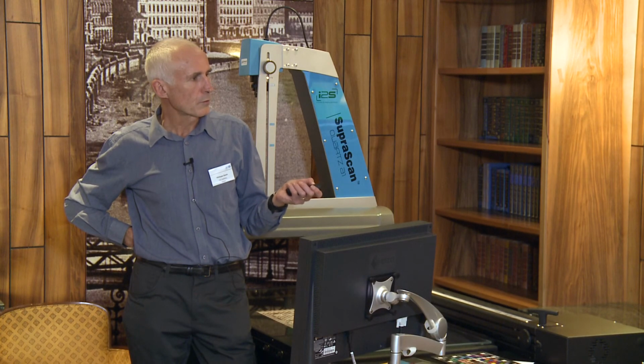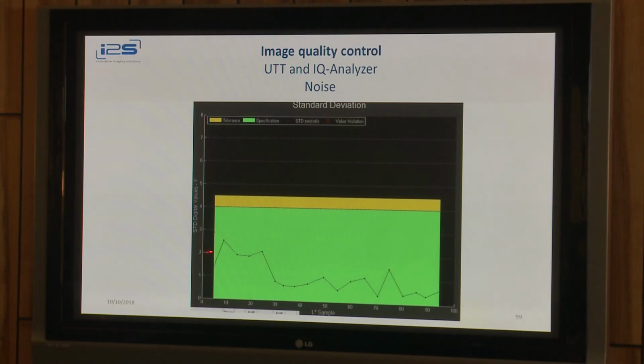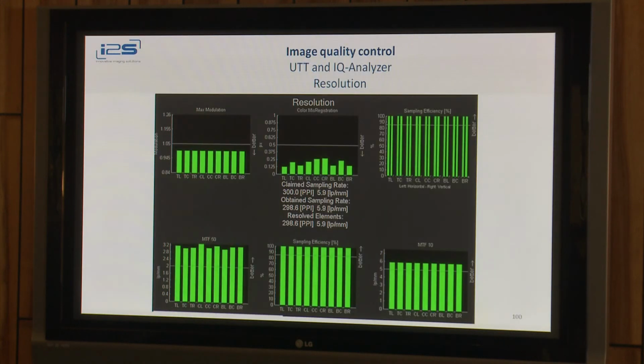So we see again the dark patches where the noise is higher, and here there is also probably dust. Okay. Resolution. So resolution, we will see